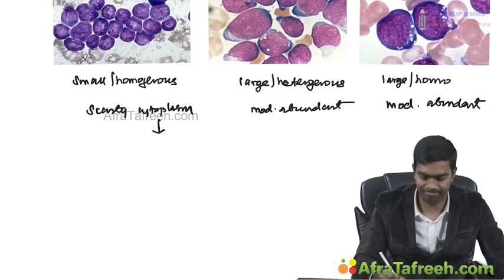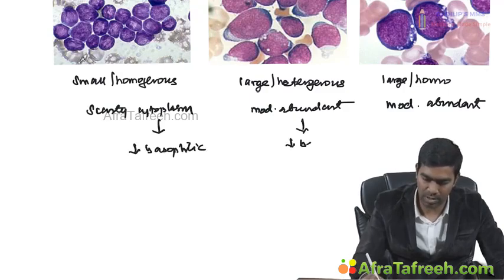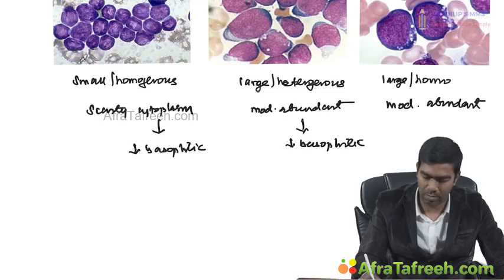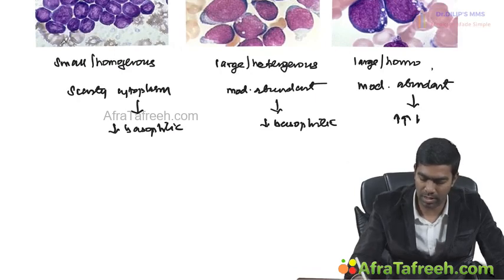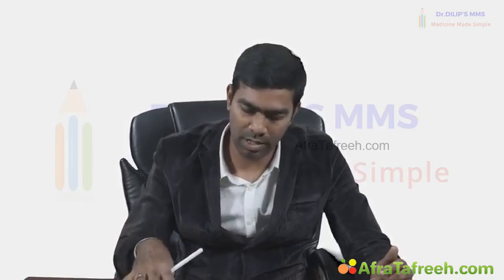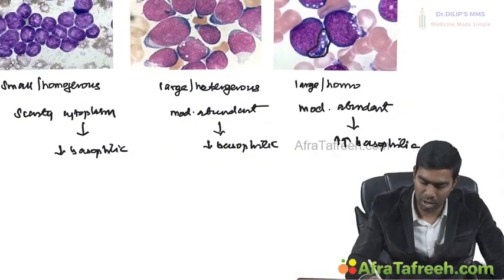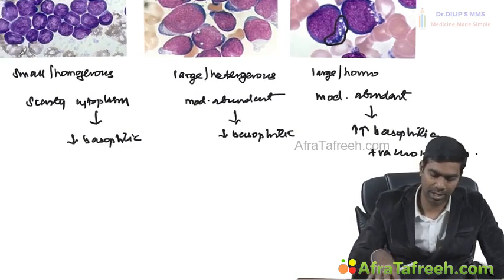Then the cytoplasm is less basophilic here. You can see here also it is less basophilic. It's not that basophilic. But here it is intensely basophilic. You can see the cytoplasm is much bluer compared to the other types. Clear? Then this cytoplasm will also have certain vacuolization. Vacuolization can be seen a little bit in L2 and L3 type, but very prominent vacuolization you are going to see in the L3 type only.